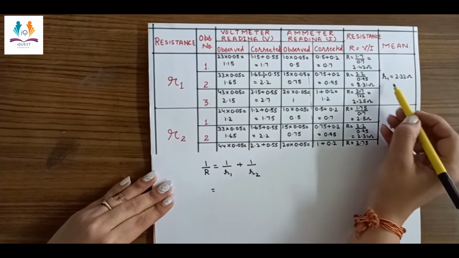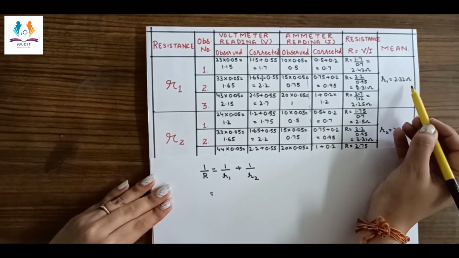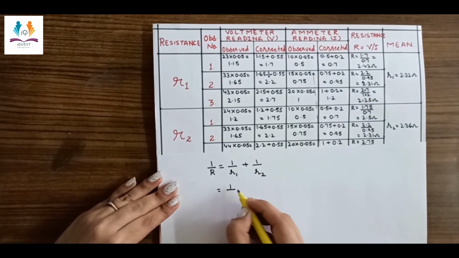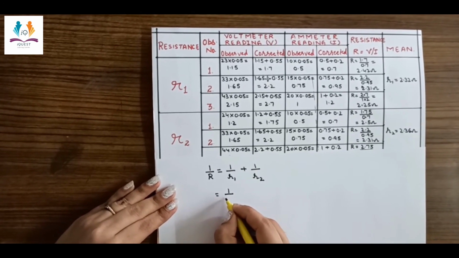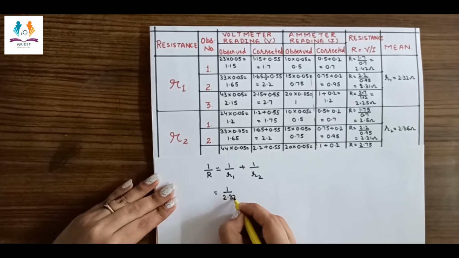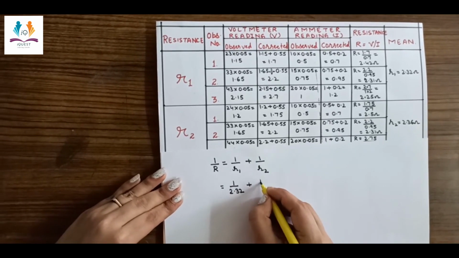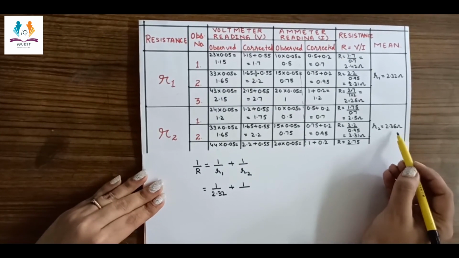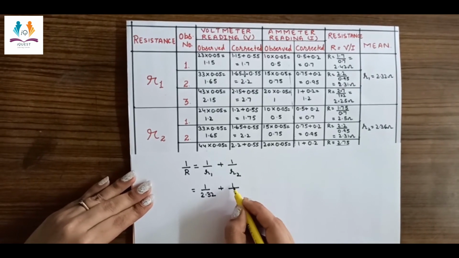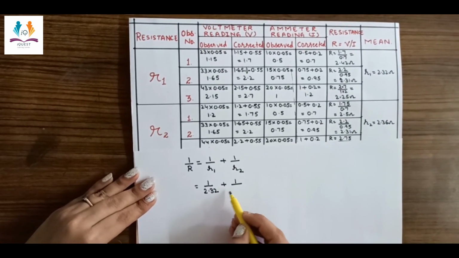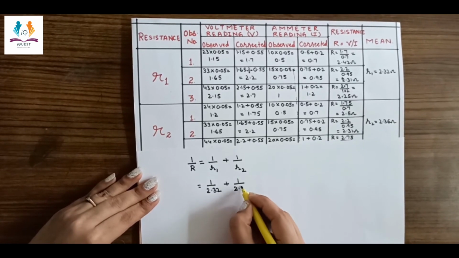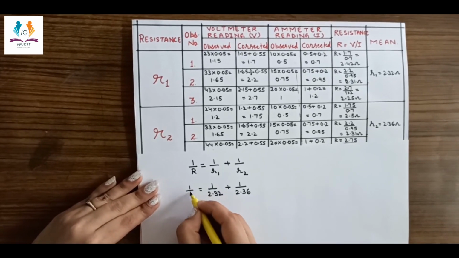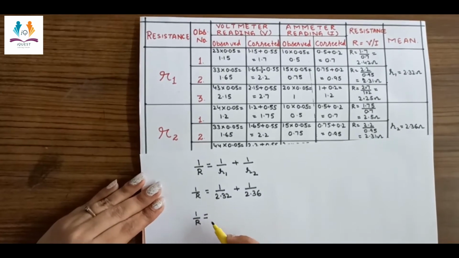Now the value of the first resistance is 2.32 ohms. So when we put the values, we get 1 by 2.32 plus 1 by the value of the second resistance, which is 2.36 ohm. So 1 by 2.32 plus 1 by 2.36. When we solve it, then we will get